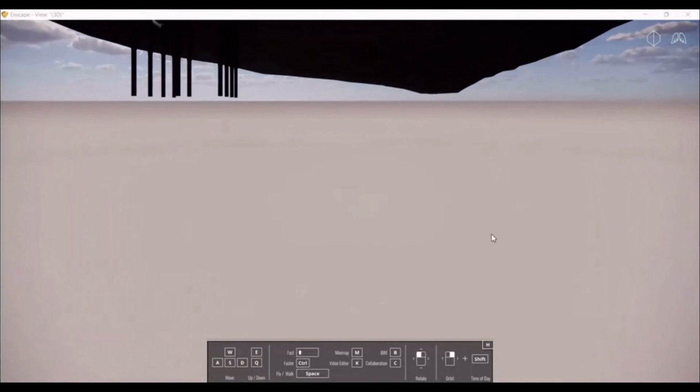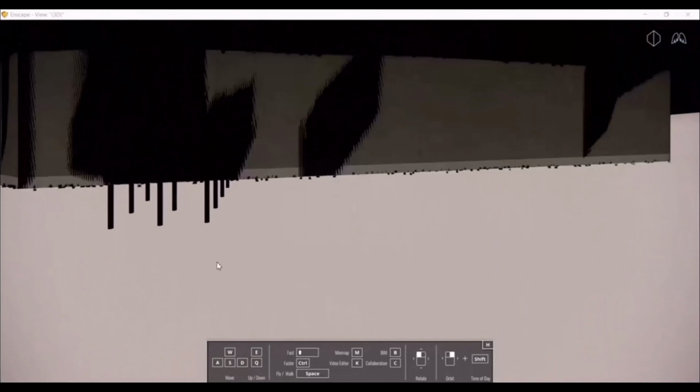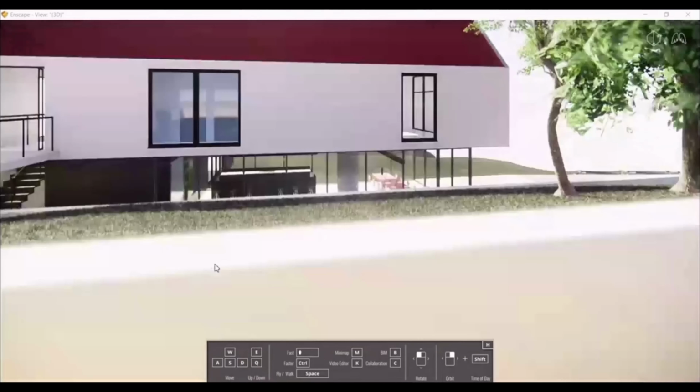So again, come back with the up key, E button is there. We're coming back up.